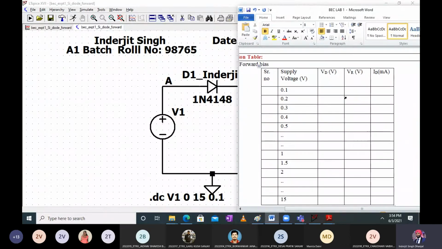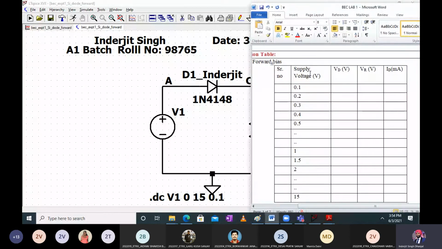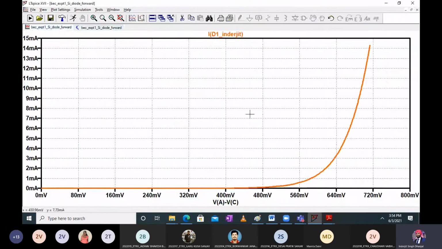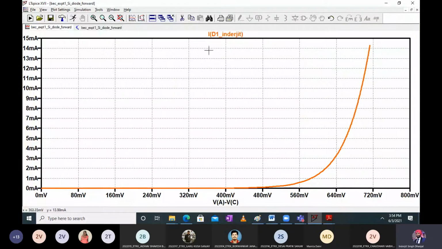There are many techniques to do this, but we want supply voltage variation. Then we want diode voltage variation. Now this graph which you see on your screens will only give us diode voltage versus diode current. Are you following what I'm saying? This will give us only diode voltage and diode current points. How will you measure it?